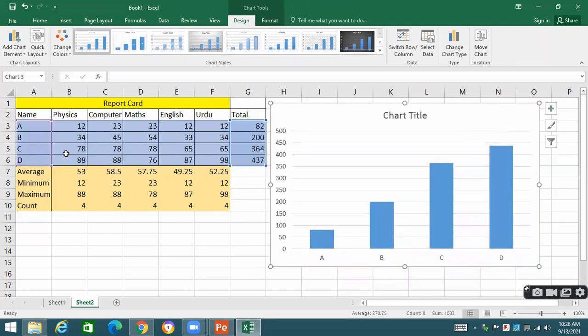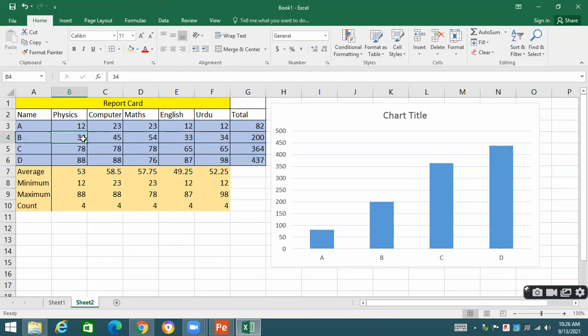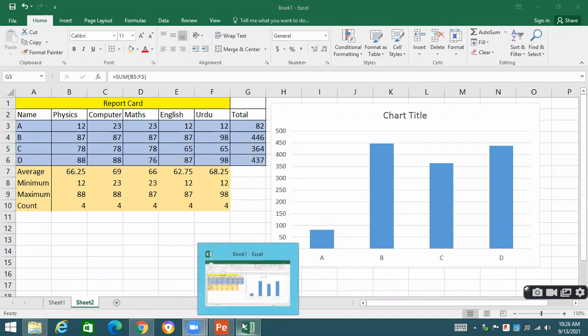If I change a value over here, the bar will also change. Let's suppose for student B, if I increase the marks, can you see that the bar is increased as well? When I make some change in the values, the bar changes accordingly. So this is a great advantage, that this is dynamic in nature and we can do it quite easily.